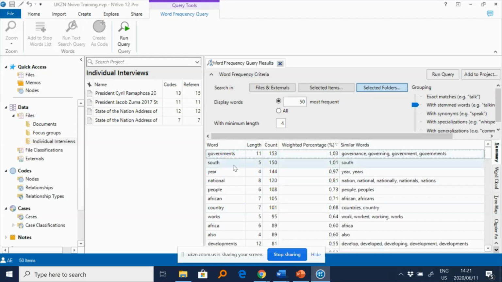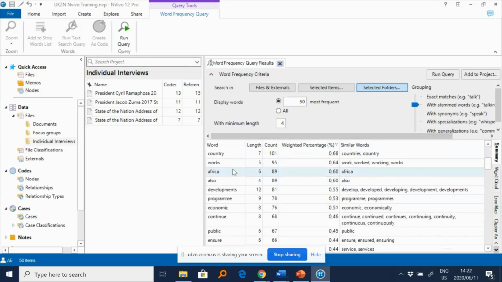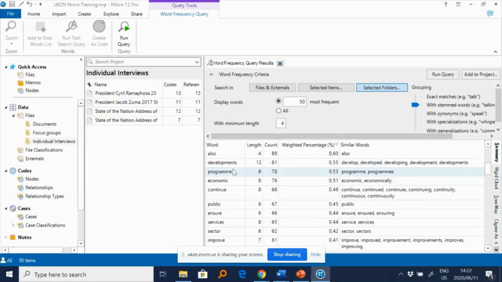So you can also keep scrolling through, and sometimes you can come across redundant words. So I'll give you an example. "Also" does not add any value to what we're doing, so we don't want it to appear in our search result. This also happens sometimes if you have done interviews.